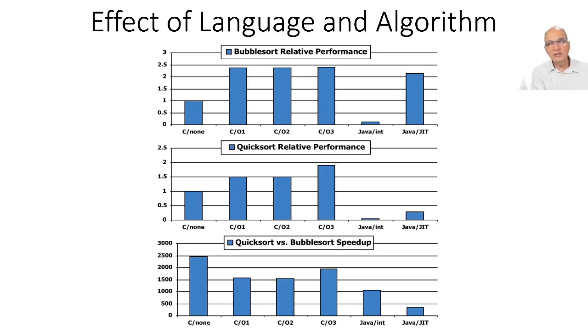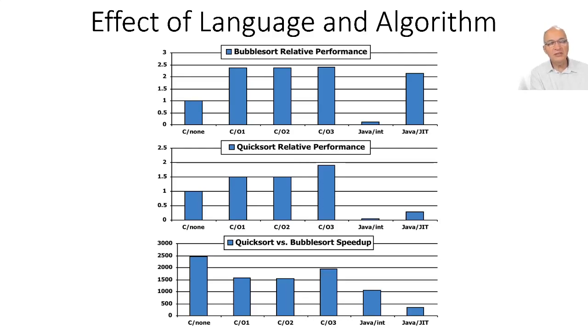And the lesson is that of all the classes that you take in your second and third year in computing science, 204 and 304 are the most important ones because they are the ones that help you select the right algorithm to do a task. And selecting the right algorithm can give you performance improvements of the order of thousands.